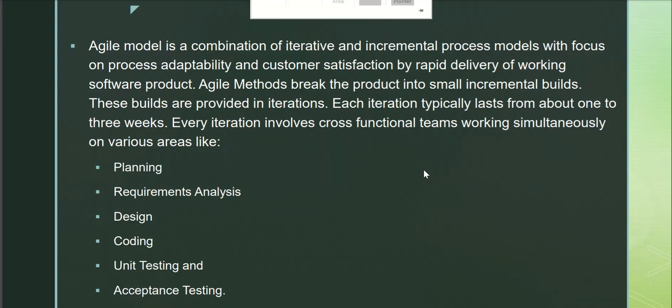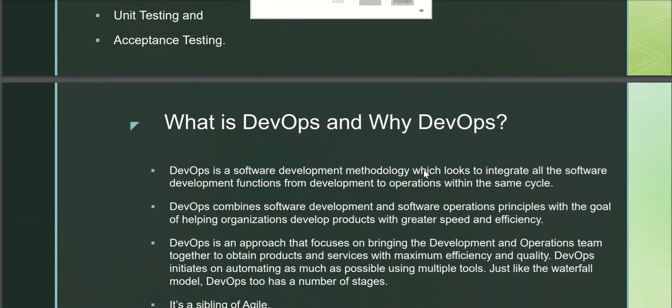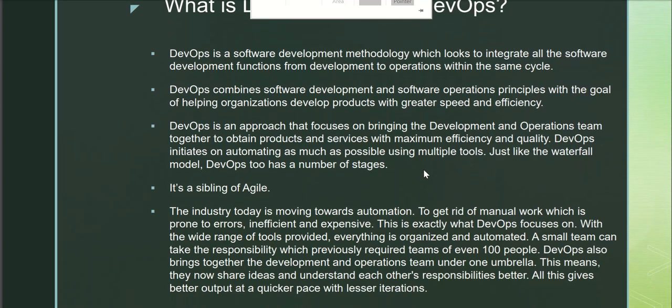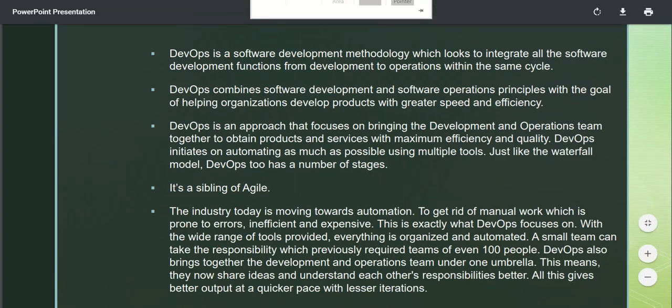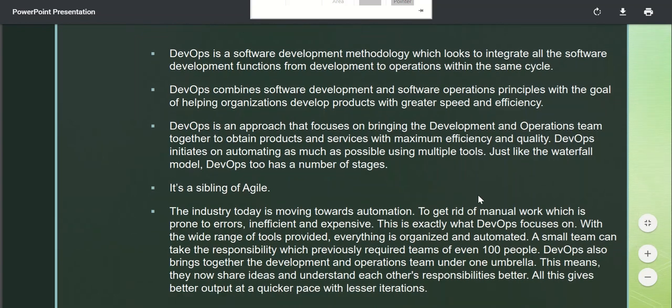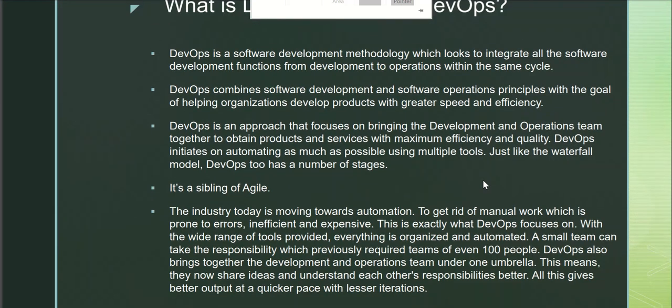So there was this gap. So DevOps came to bridge this gap. Now, how? DevOps thrives in automation. So maximum level of automation is the main focus area of DevOps. So DevOps is a software development methodology which looks to integrate all the software development functions from development to operations within